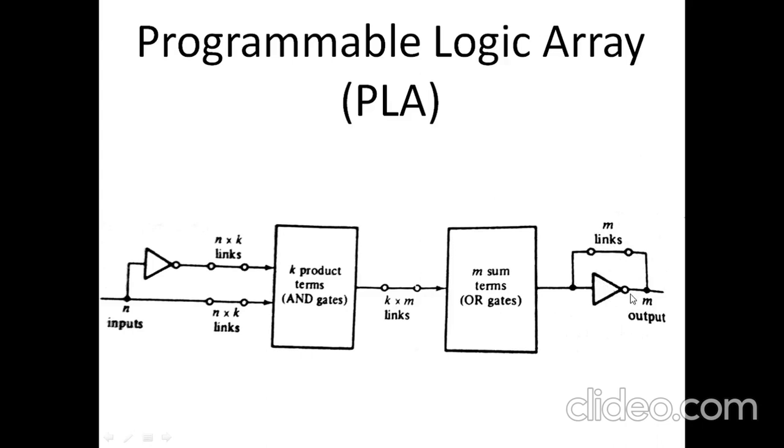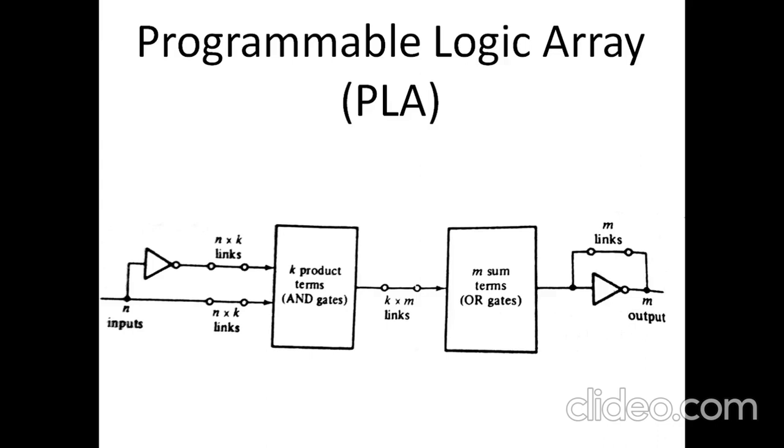So depending on whether the function is implemented in complemented form or normal form, this fuse is used to do that correction. Okay, so let me show you an example where we implement Boolean functions using PLA, and we decide and then design a specific